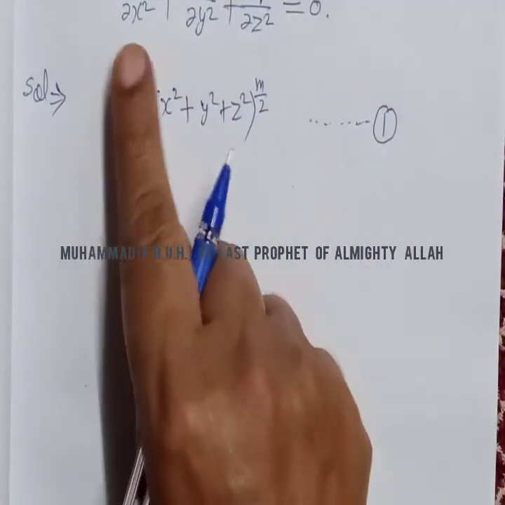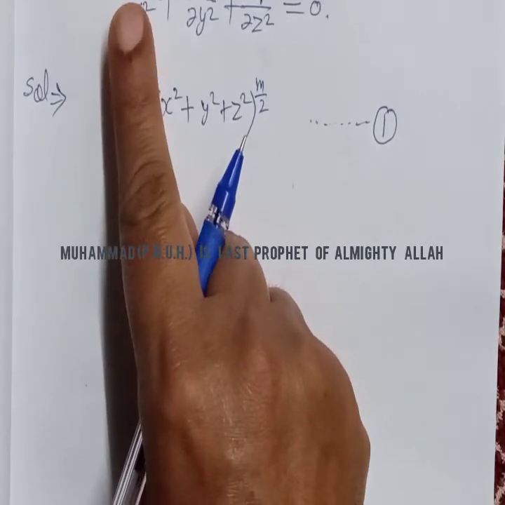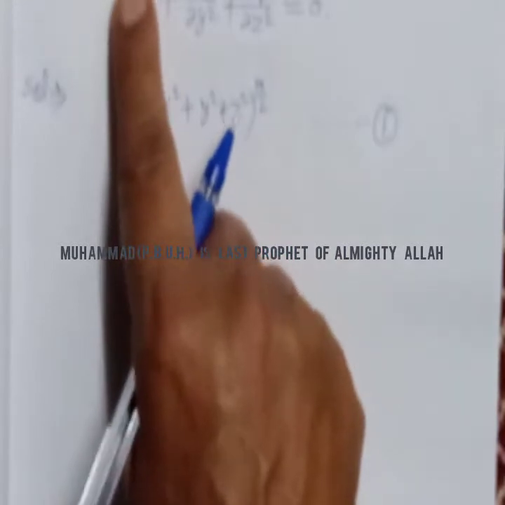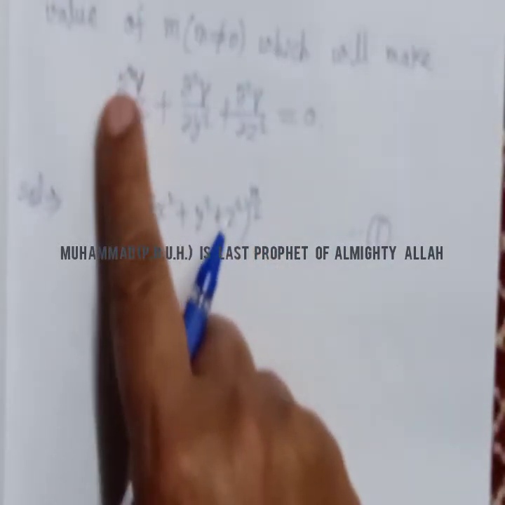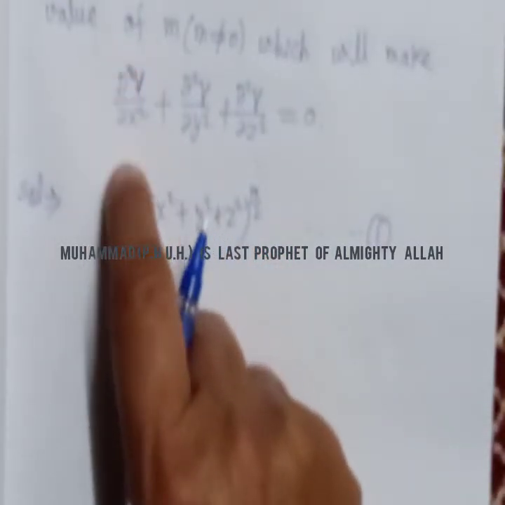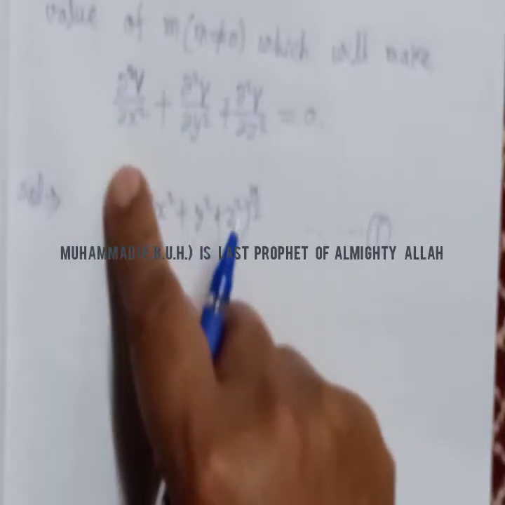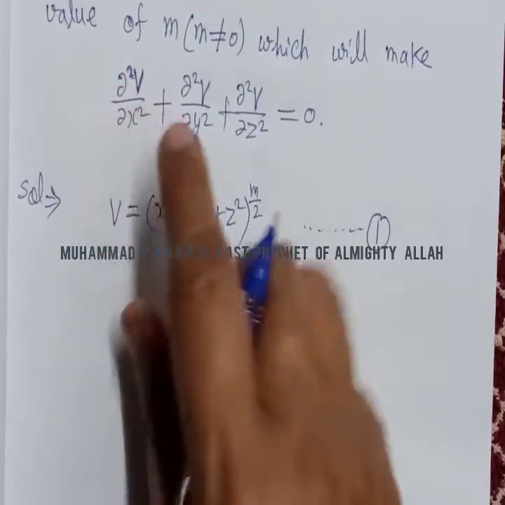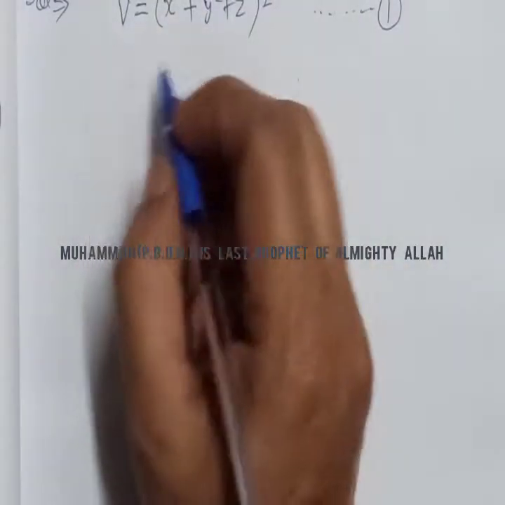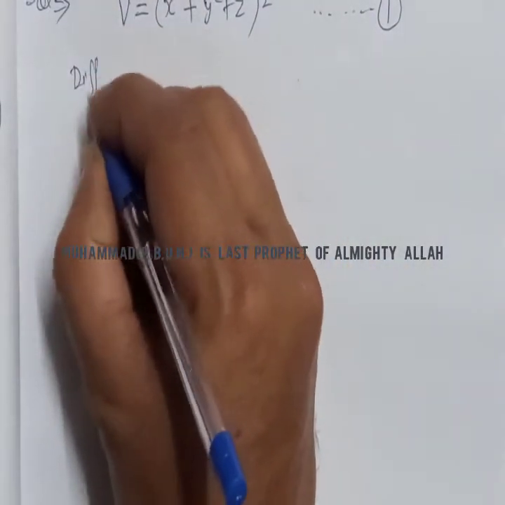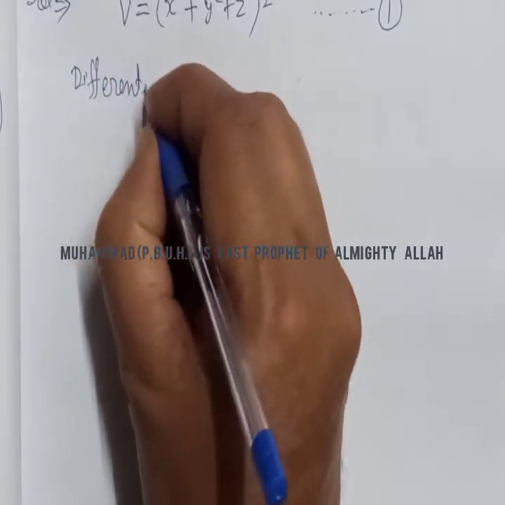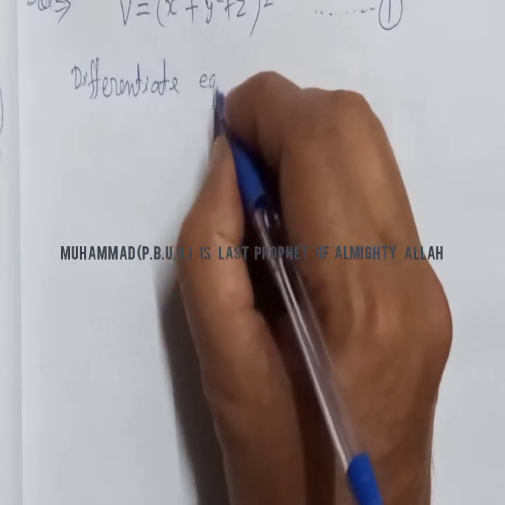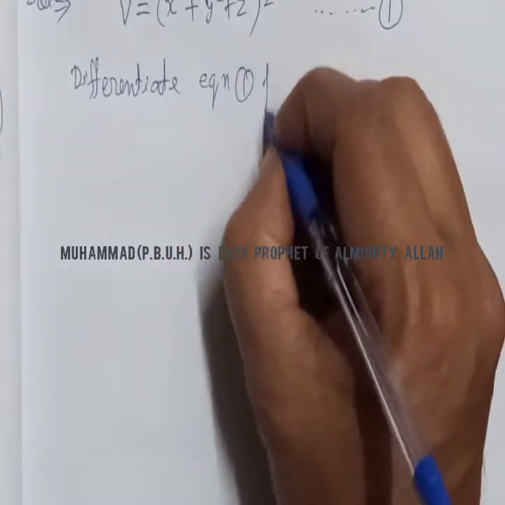To put it in this equation, we have to find the second derivative of v with respect to x, y and z. First we have to find this value, so we differentiate equation 1 partially